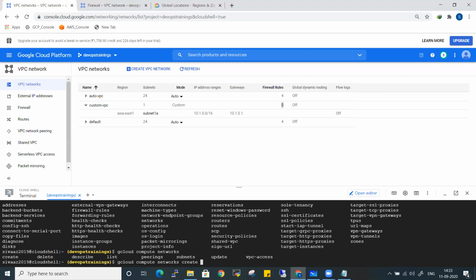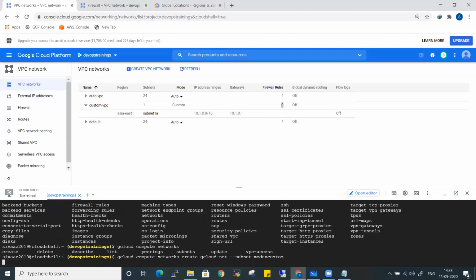So let's assume I want to create a network called gcloud-net. And it should be either auto mode or custom mode, and I will give subnet-mode equal to custom. When you try to create that, it automatically creates a custom mode network.